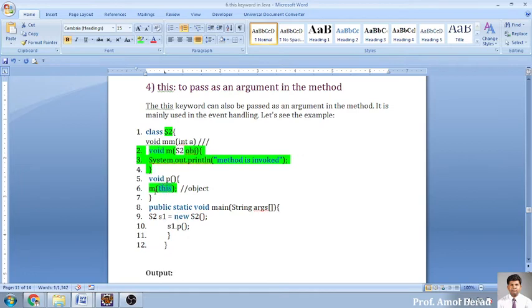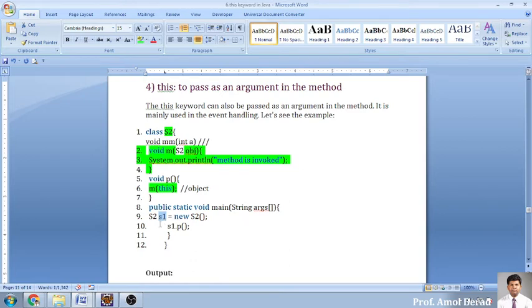If I am passing this keyword into the m function, मतलब क्या? I am passing an object. This object we need to catch. And what is the data type of this object? This data type is of type class. Okay, you can do this and you can get an output like this. This method is invoked. Okay, so how will this execute? You are creating an object of s2 with s1. This object will be created.